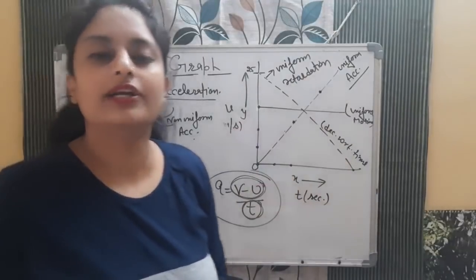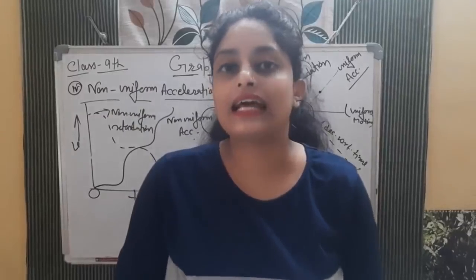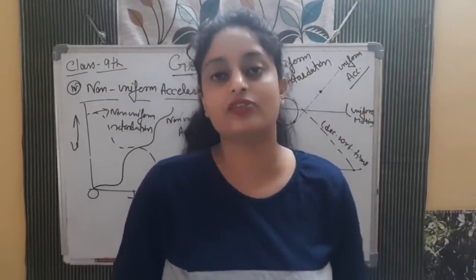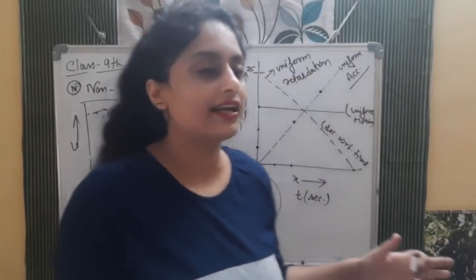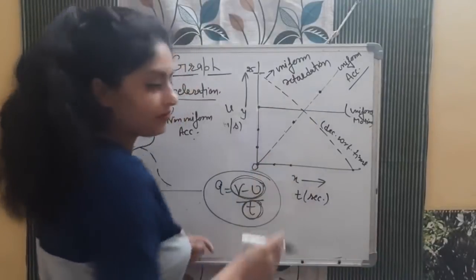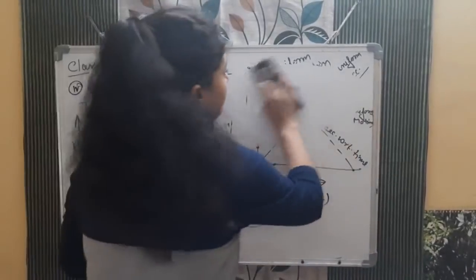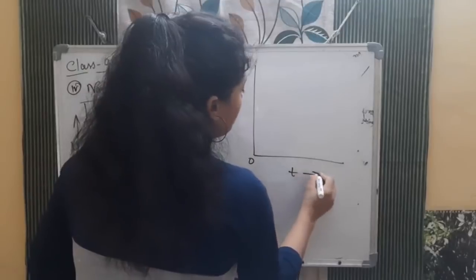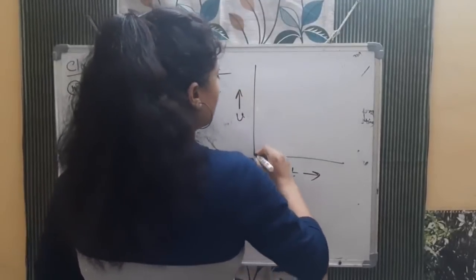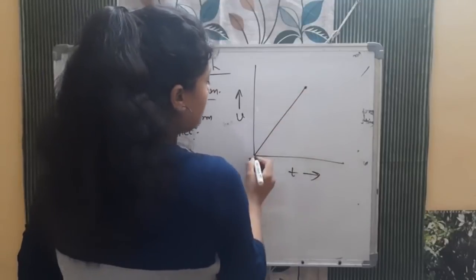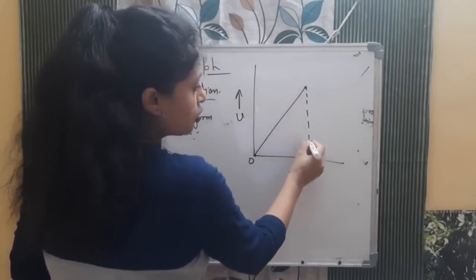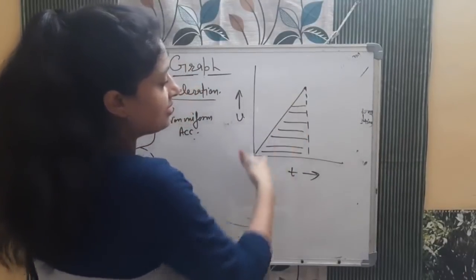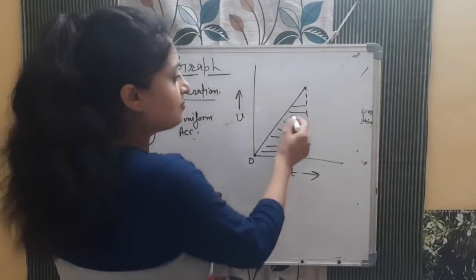One more thing we can calculate from the velocity time graph, and that is the distance covered by the object. Actually it should be called displacement. Okay, so displacement covered by the object we can calculate. How can we calculate? Whatever the area is. For example, I'll erase only a little part and then I will tell you. See, if this is the origin, time, velocity and one object covered like this, from here to here. So what you will do, area under the slope, or area under the curve, this area you will calculate. This is representing what? A triangle. Triangle area you all know, so you can simply calculate the area.